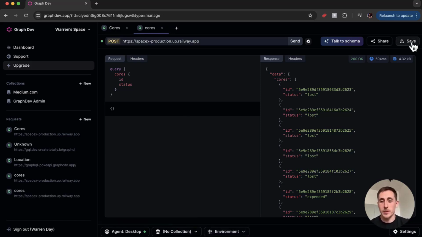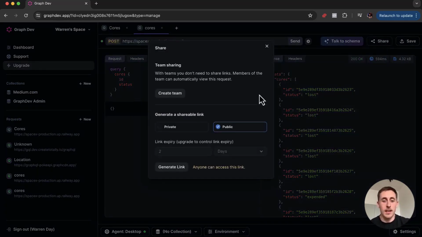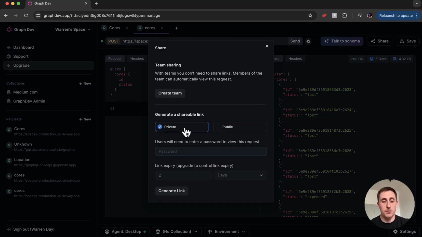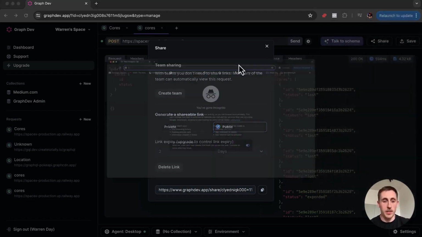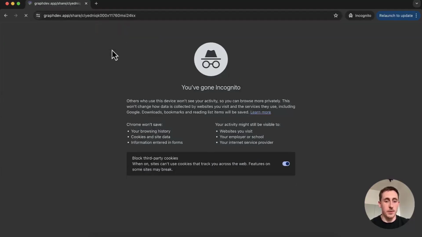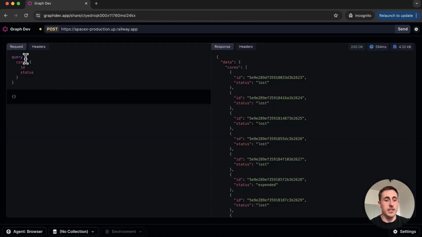Once the request is saved, we can choose to share it. And this allows us to generate public or private links. Private can be password protected, but for now, let's just go with public. This link could then be shared with anyone else. So if I go to an incognito browser and type it in, you can see that I have both the